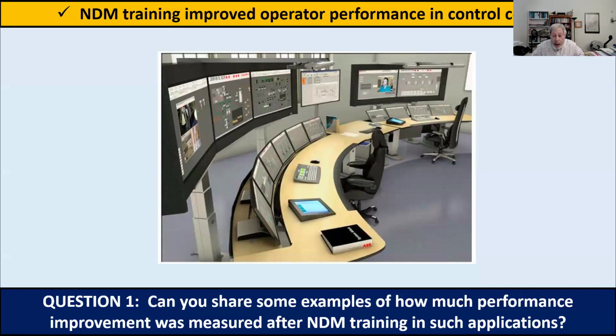Yes, I can, but I don't want to oversell what we found. So we have not had many opportunities to show that our training programs improve performance. We've had some. One of those was, let me see if I can capture the project. It was with a nuclear power plant, and they called us in because they were having some trouble